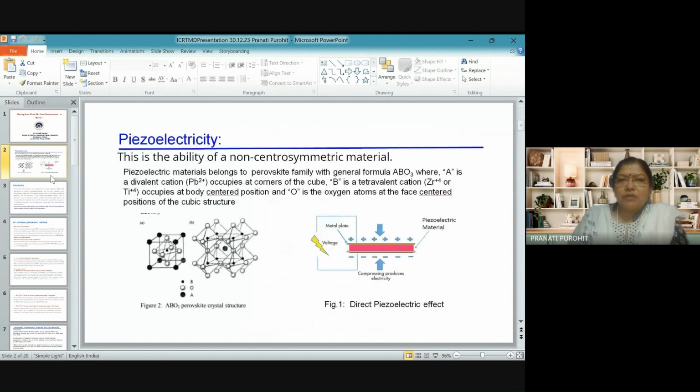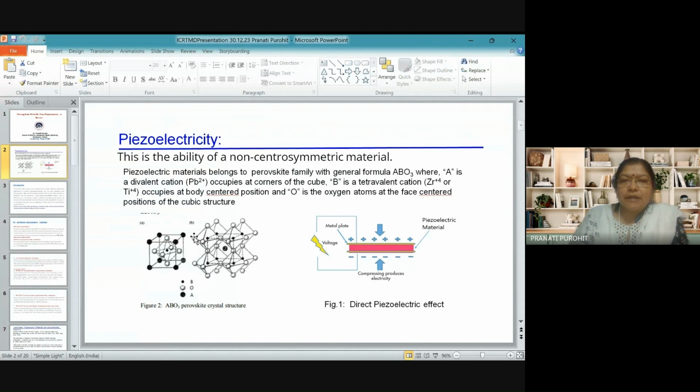So what are piezoceramic materials, or what is piezoelectricity? Piezoelectricity is basically the ability of a non-centrosymmetric material with the general formula of ABO3 type, where A is a divalent cation and B occupies the center of the cube, and